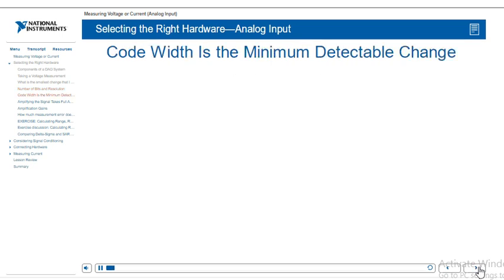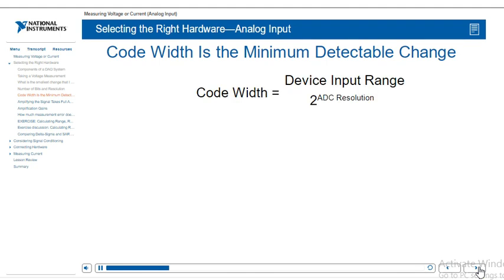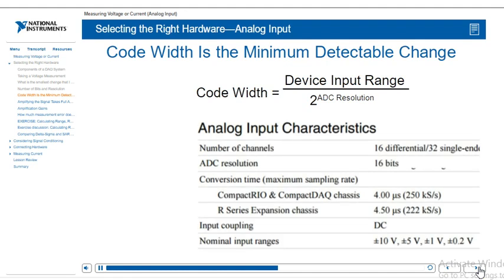We sometimes call the minimum change a device can detect its code width. Figuring out the code width requires some simple calculation. We first take the device input range, which is just the total range of the device. For example, if it's a plus or minus 5 volt input device, it would have an input range of 10 volts. We then take the input range and divide it by 2 to the power of the ADC resolution. So, for example, a 16-bit resolution device would have the input range divided by 2 to the 16th, or